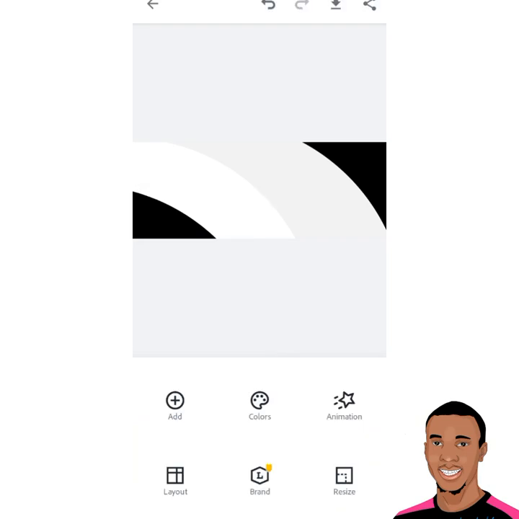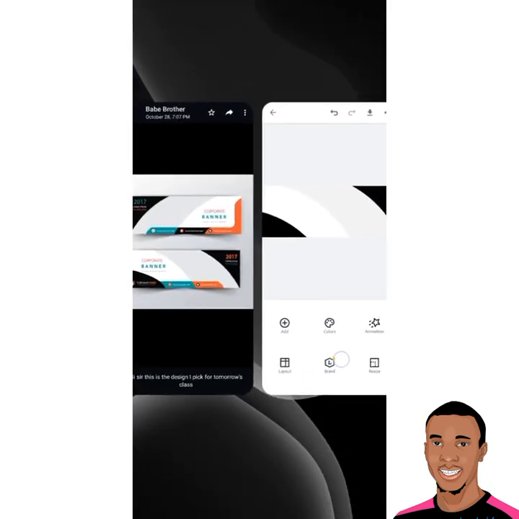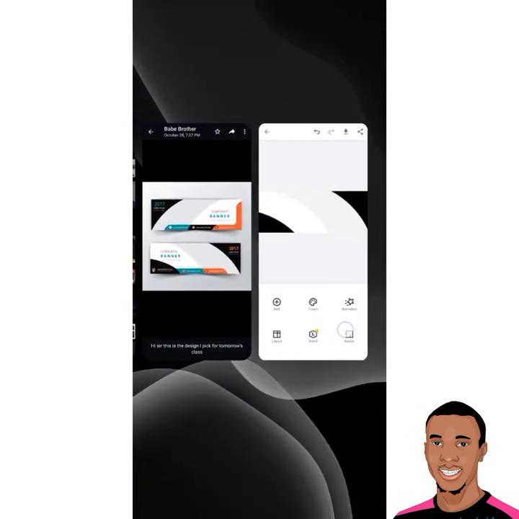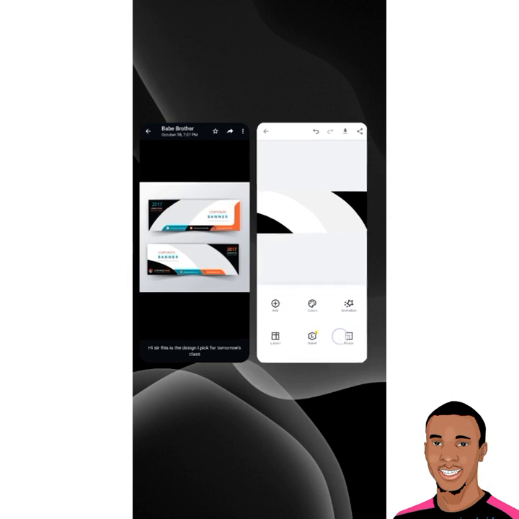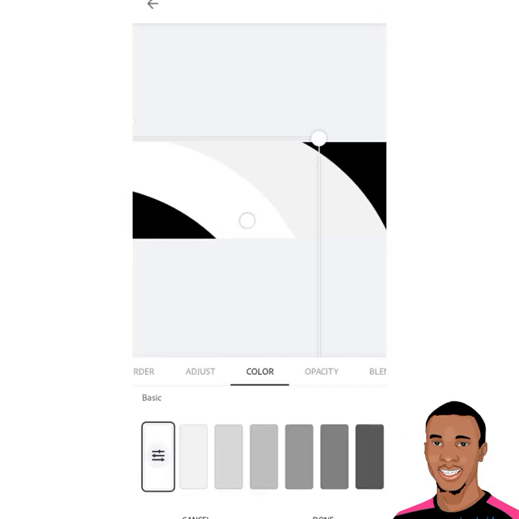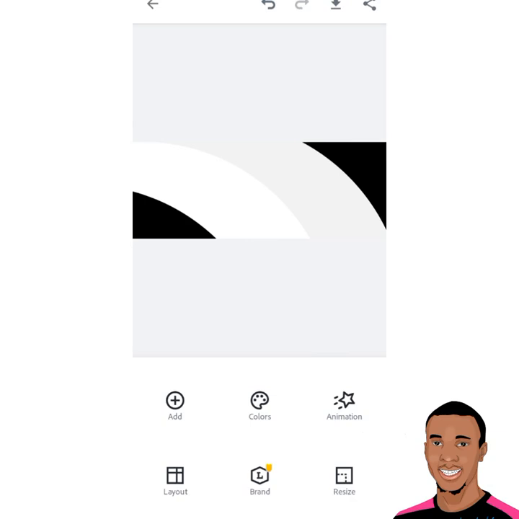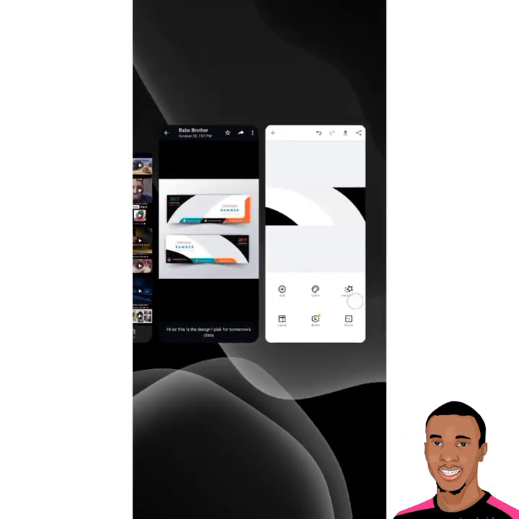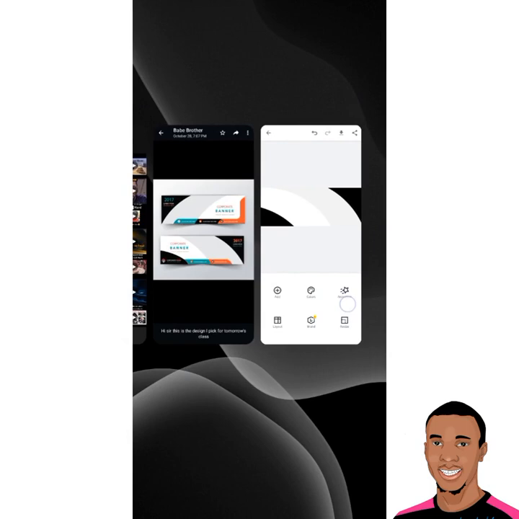Okay, now let's go back and see if we have partially what we need here. Can you see we have almost what we need here? The only thing is that we need to adjust the white a little bit so it becomes a little bit bigger. Okay, so we'll do that right now. Click on the white, adjust to bring it out a little bit more. Okay, so done. Now that we're done with this particular manipulation, we'll head over to getting the last two shapes